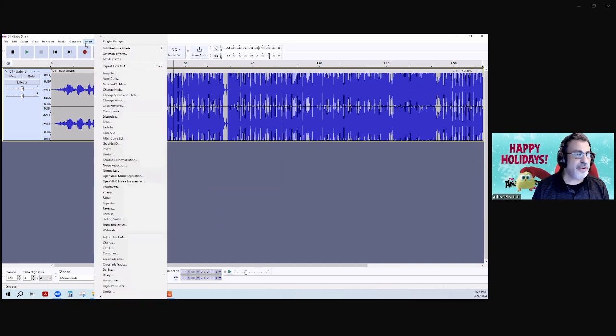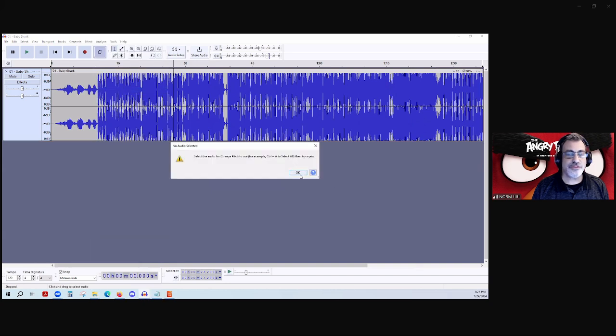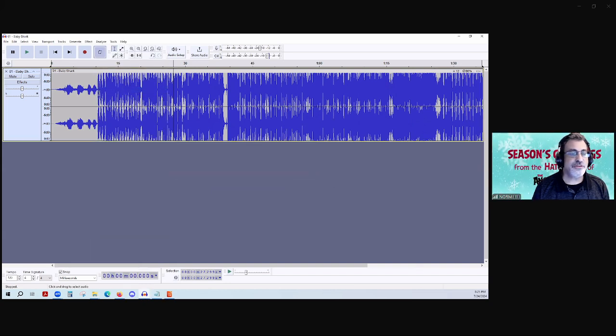That's something new that they added. But I can go here into the effect rack, and I can easily go in here, and there's a pitch option in here. We'll talk about the compressor in a little bit. So here's change pitch. Again, this is where I said you would actually select a certain part of it.